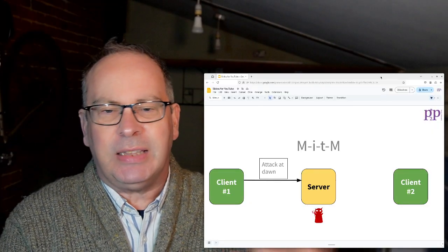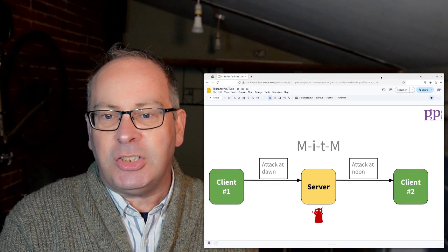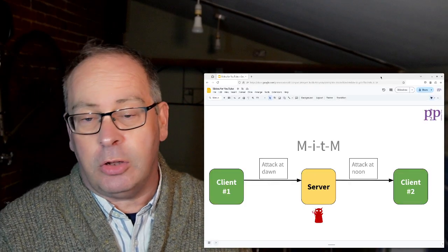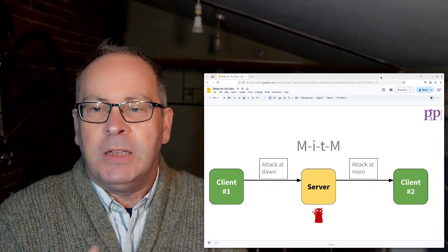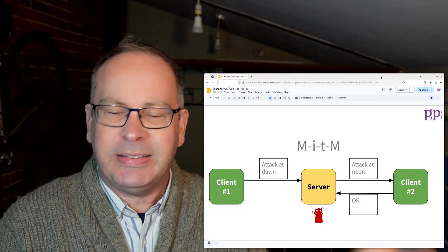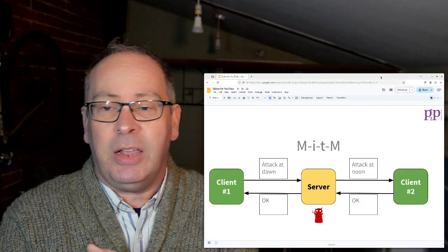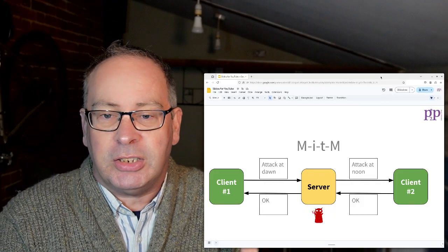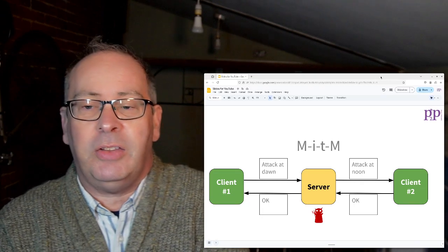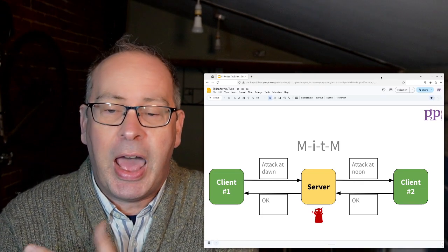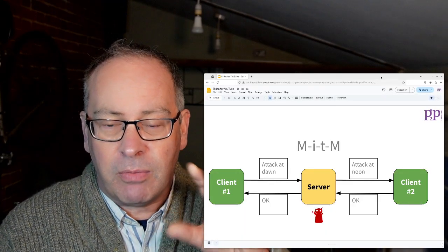And here, let's say client 1 is saying attack at dawn, and that is changed by the server. Remember, the server is not trusted. They're a bad actor. And so they've changed it to attack at noon. So the client says, oh yeah, that sounds fine. Okay, sends it along, and it's sent back to client 1. And now client 1 and client 2 have got different understandings of what's going to happen. Client 1 thinks that client 2 is going to attack at dawn, but client 2 is expecting to attack at noon instead, because the server has done a man-in-the-middle attack and done some bad stuff.